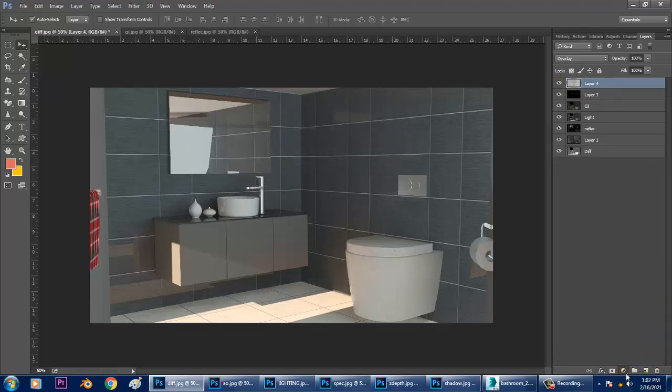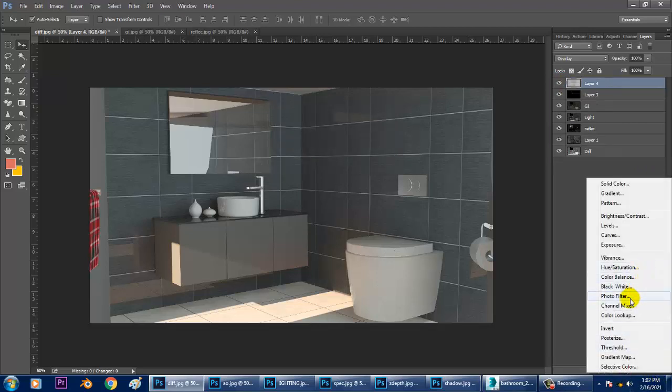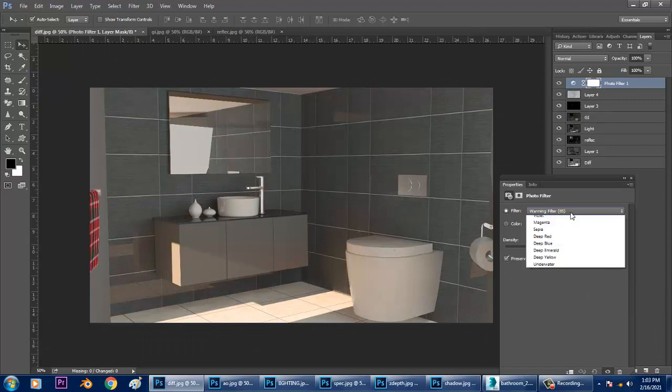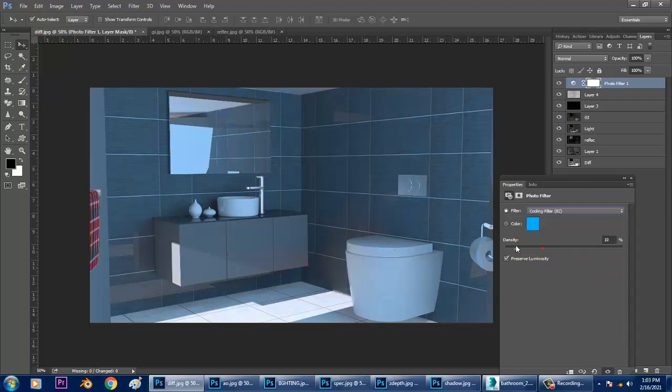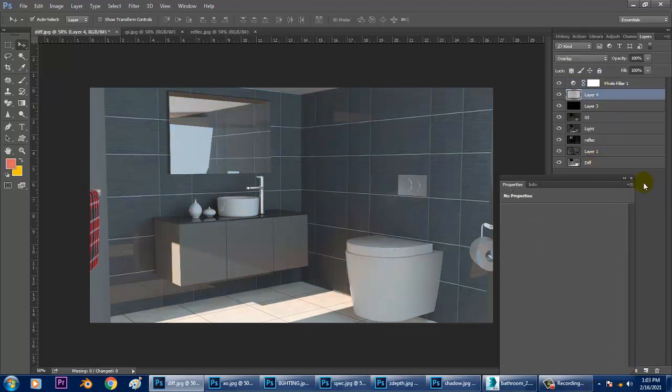After that, we can just assign some photo filter over here. Assign some cooling filters if required.